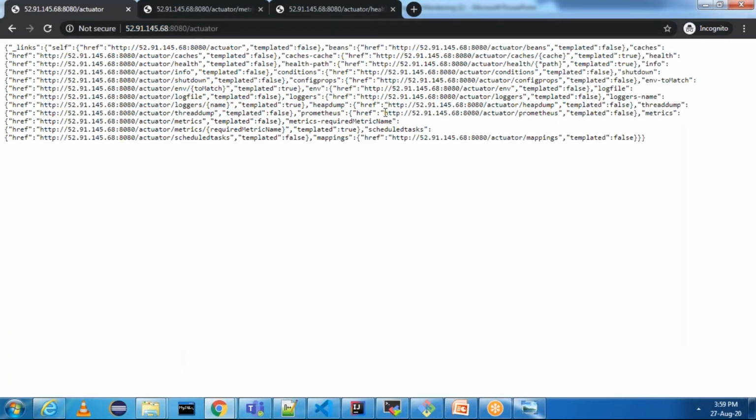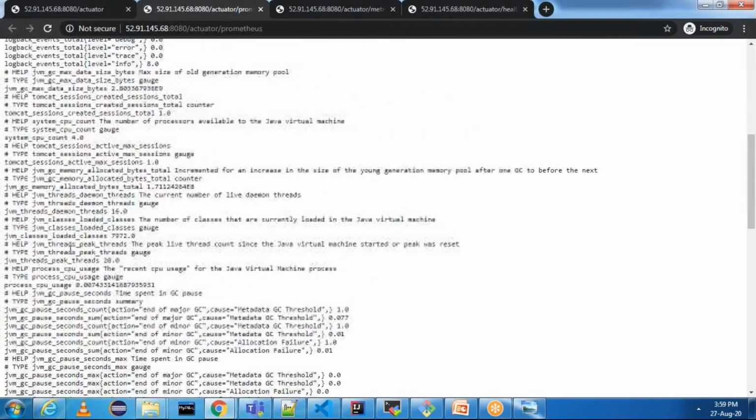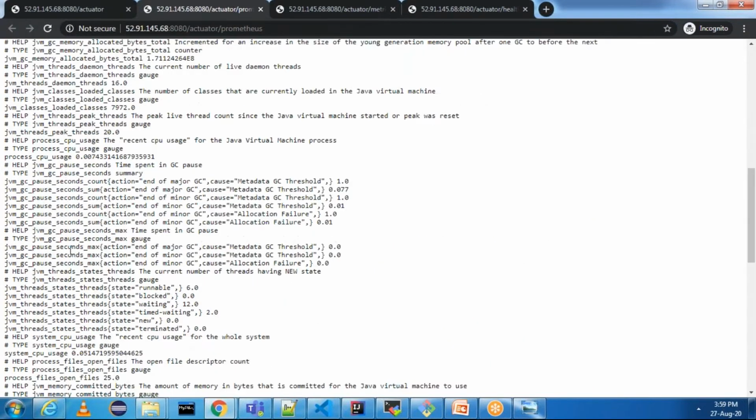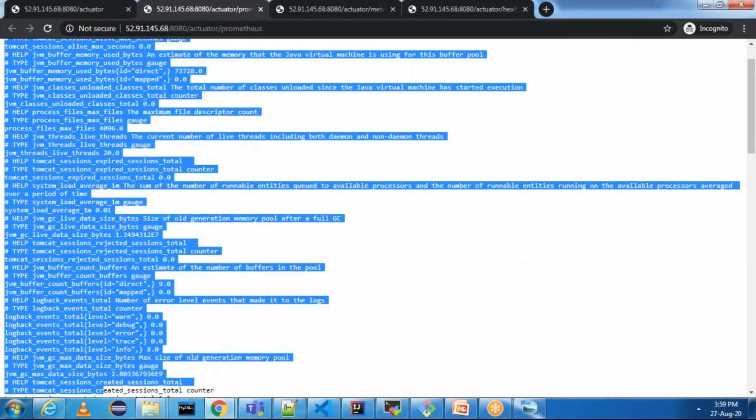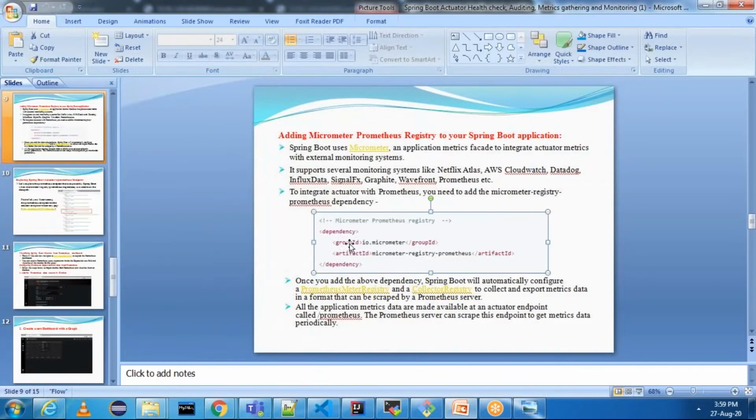See, a lot of metrics are present in Prometheus. And for this session, we are using Prometheus. For your particular project, you need to add a dependency called micrometer-registry-prometheus. Once you have added it, you can easily access Prometheus as well.